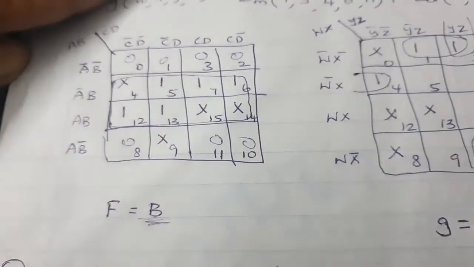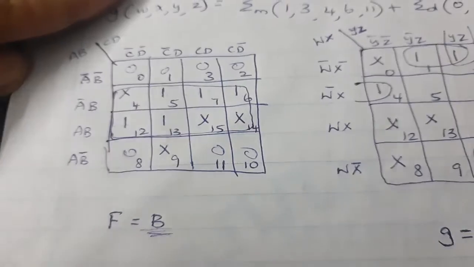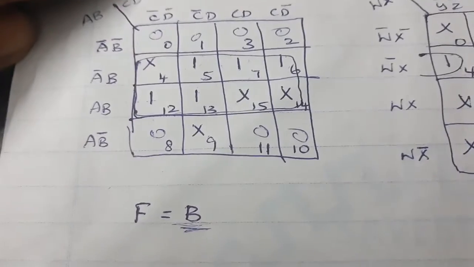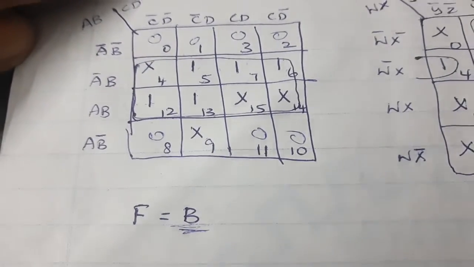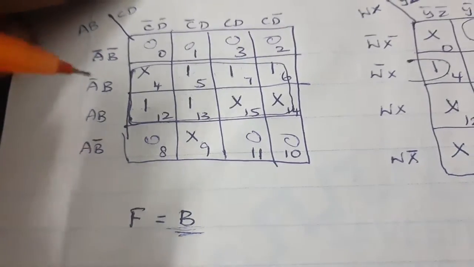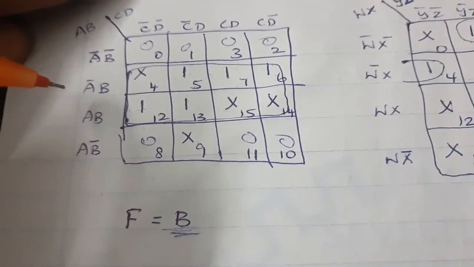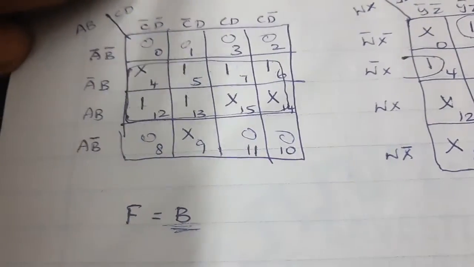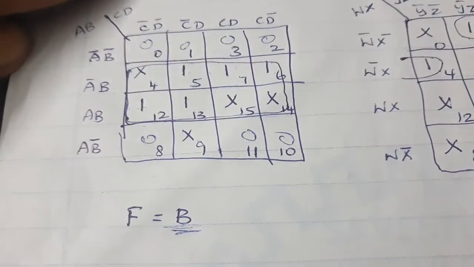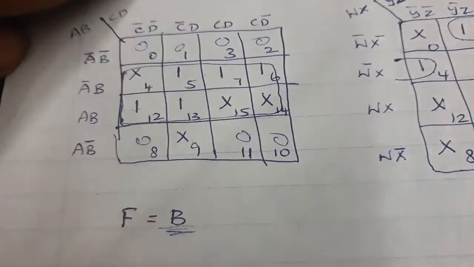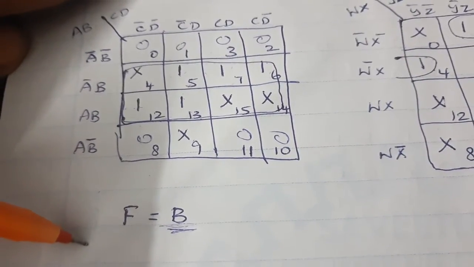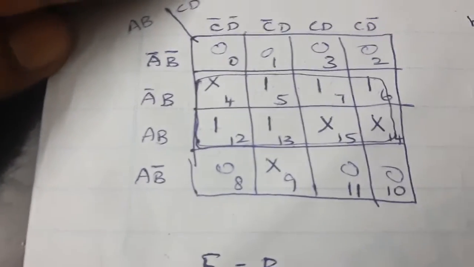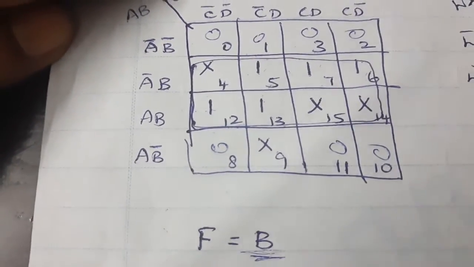So make sure that when you do a K-map, your mindset is such that you should have a minimized number of variables in the expression. That carries the weightage of your marks. Some people will do this with the groups. That answer is correct. But the cost of your hardware is higher, because you are using more gates, while I am using fewer gates. So your marks will be reduced when compared to the person who gives me this answer. So always be smart enough to combine a don't care with a 1 in such a way that you reduce the number of gates.